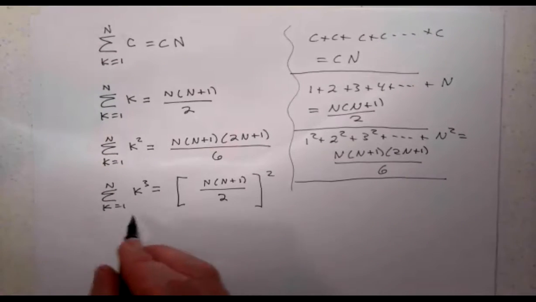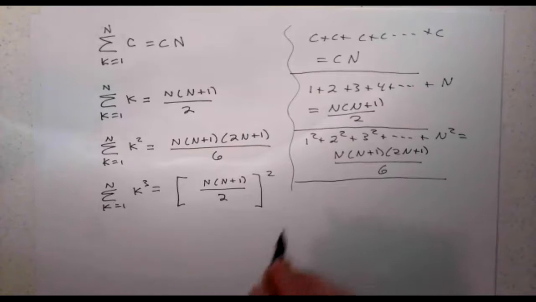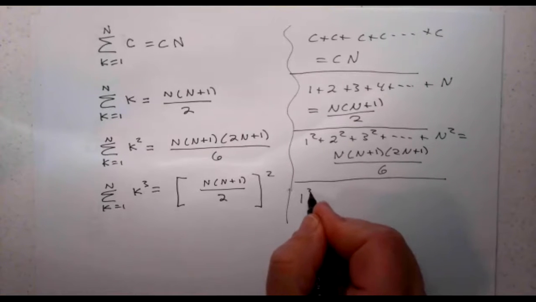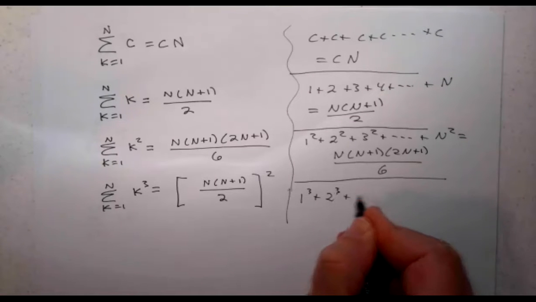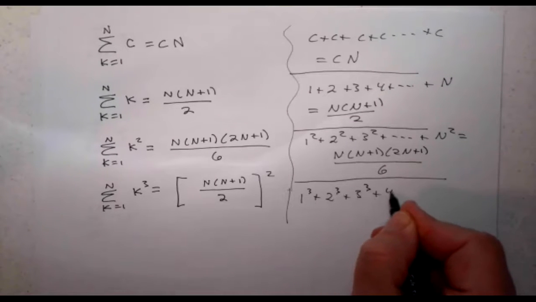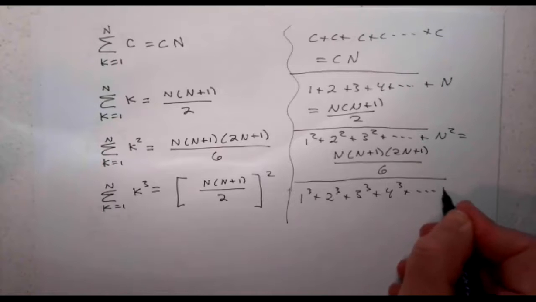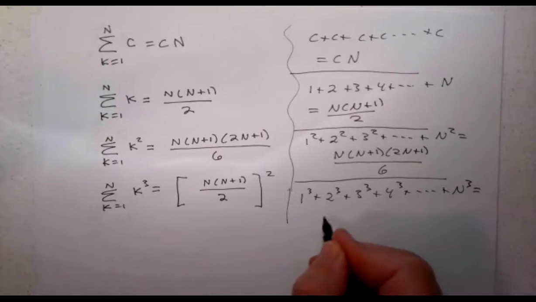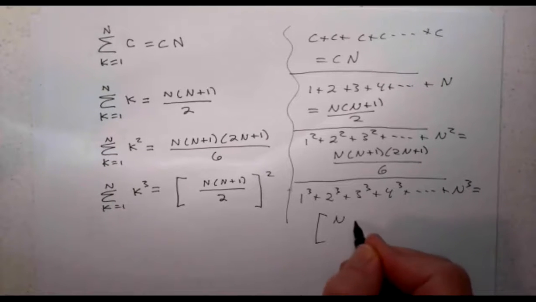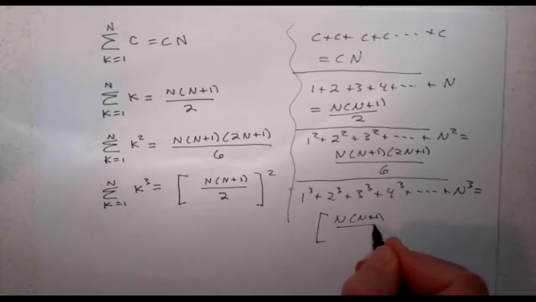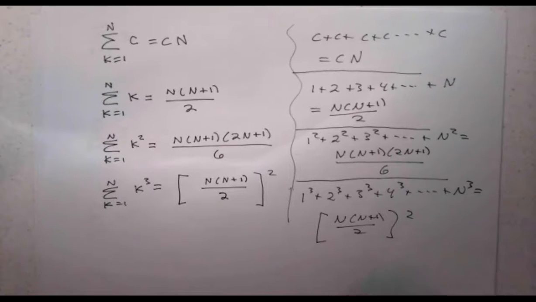And our last one is the sum as k goes from 1 to n of k cubed. If k is 1, 1 cubed, k is 2, 2 cubed, 3 cubed, 4 cubed, plus dot, dot, dot, plus n cubed, that's going to equal n times n plus 1 over 2, all squared. So these are useful formulas for us to have,